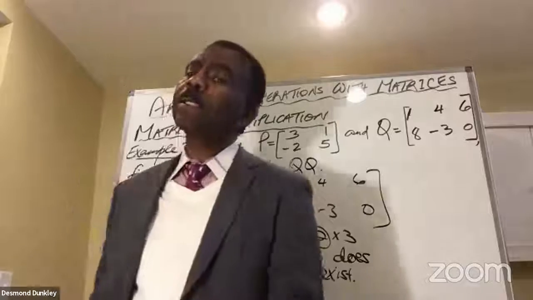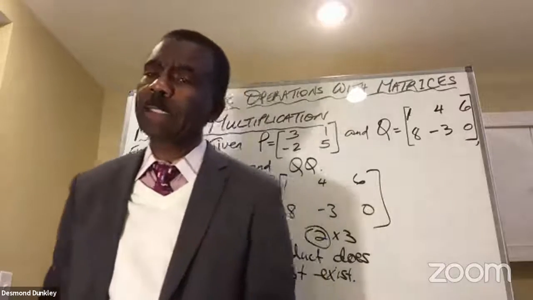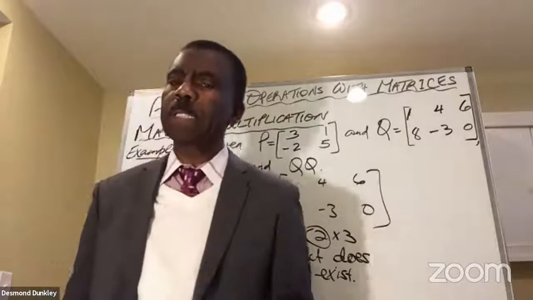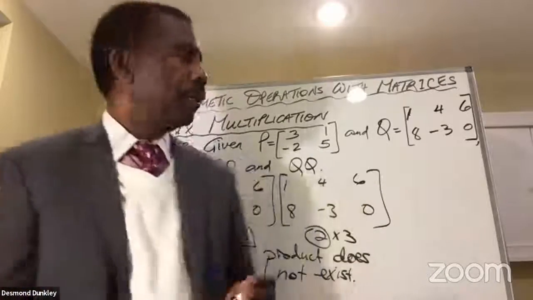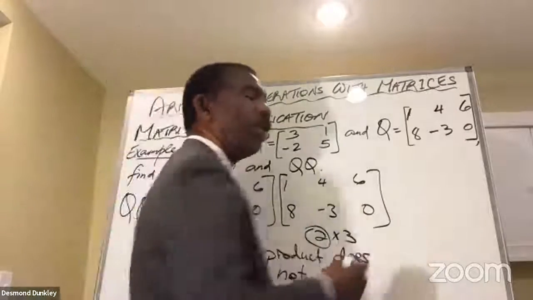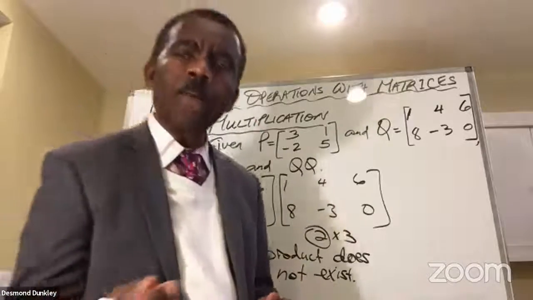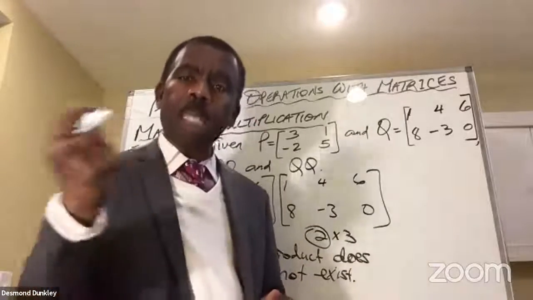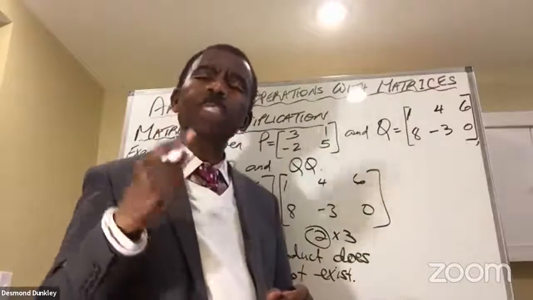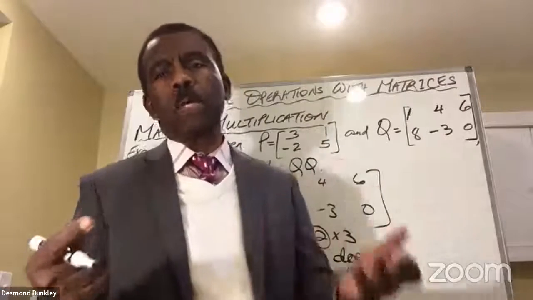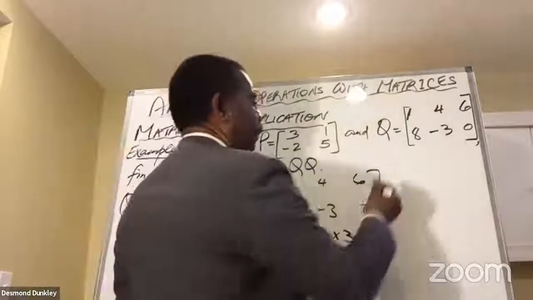So then we also discussed that the entries or the elements in a matrix are positional. If you have matrix A, you use uppercase letters to name matrices, but for the individual entries within a matrix, you use lowercase letters. So for matrix A,